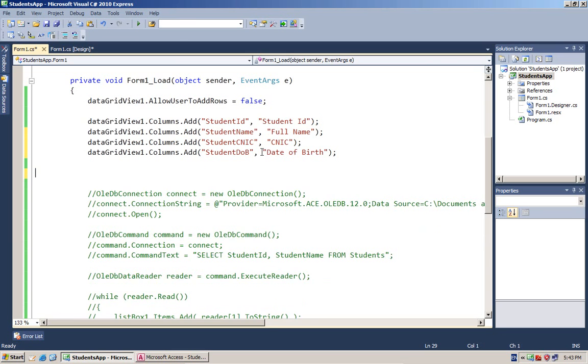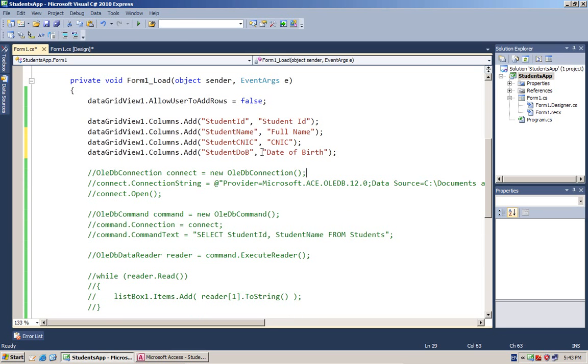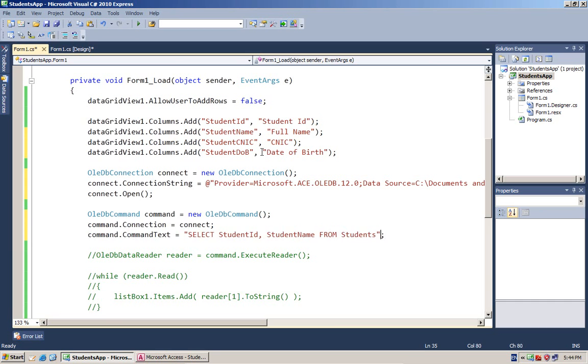Now we can remove it. I'll cut it from here, and now because we need to load this data from the database, I will uncomment this relevant code. Over here, I can list the columns, or I can simply use asterisk.